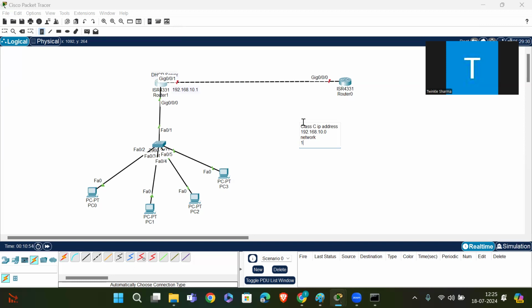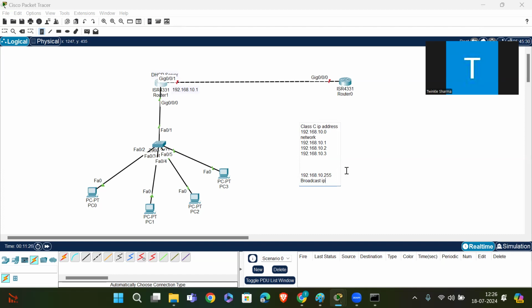Then we have 192.168.10.1, then 192.168.10.2, then 192.168.10.3, and so on, up to 192.168.10.255, which is our broadcast IP, right?